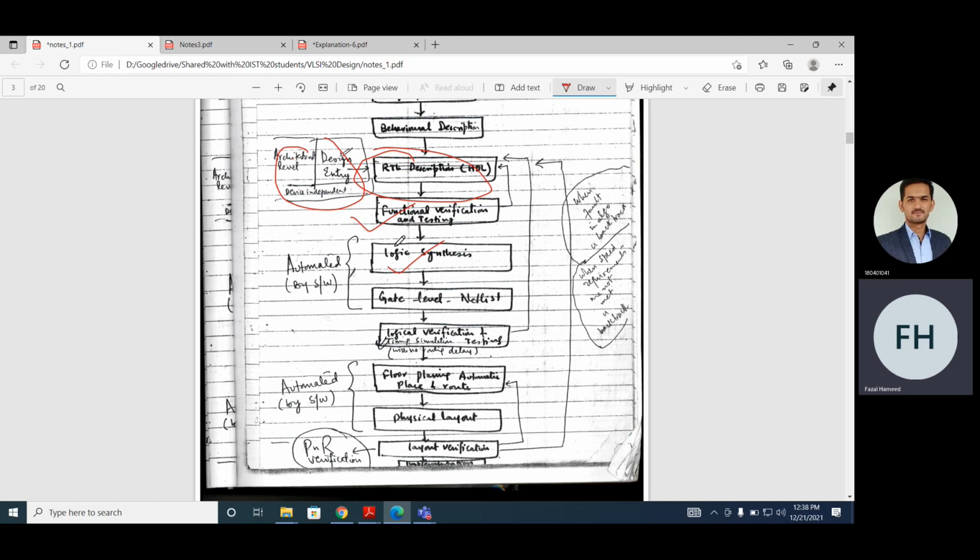So then this design will be converted into a gate level netlist by the synthesizer. Who will convert this into a gate level netlist? The logic synthesis tool. The logic synthesis tool will convert the design that is specified in different design entry methods. What are the different design entry methods? Verilog, VHDL, and schematic based. Okay, this design will be converted into the gate level netlist by whom? By the logic synthesizer.